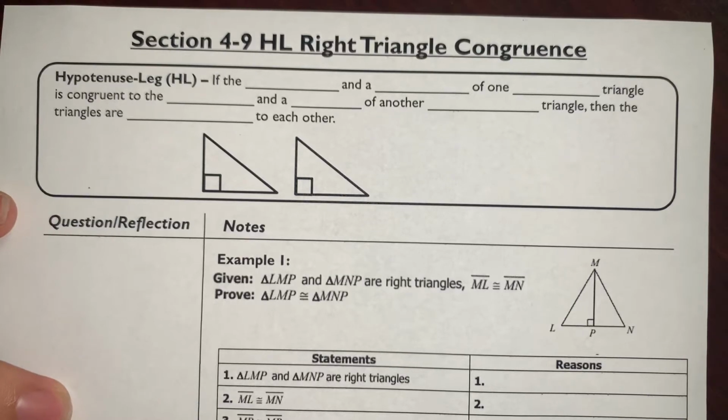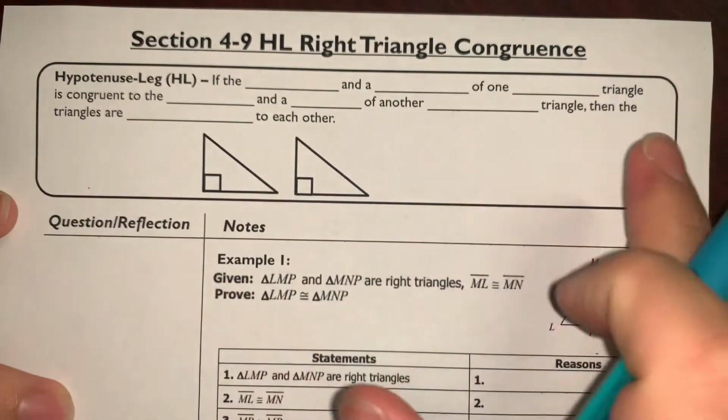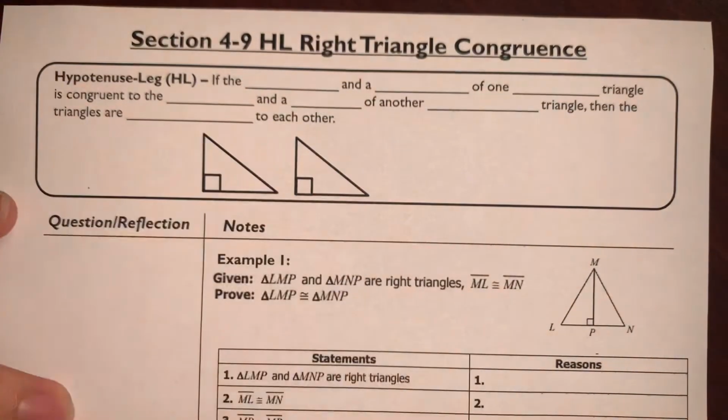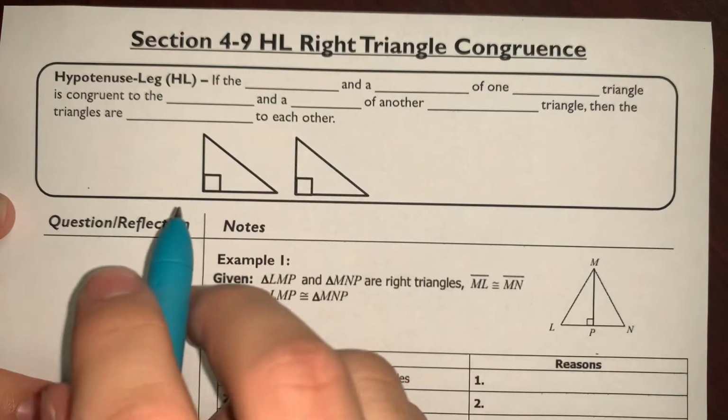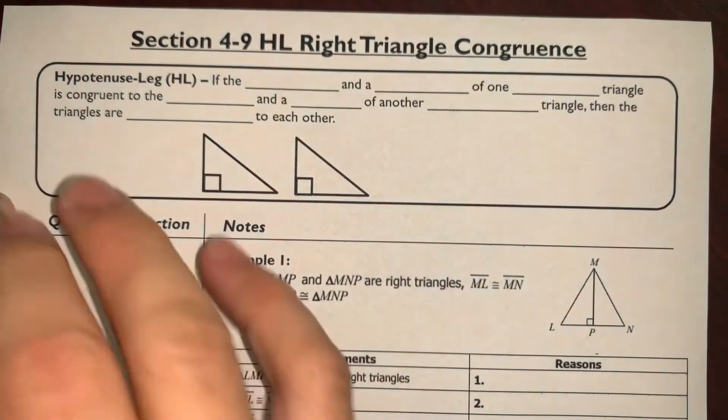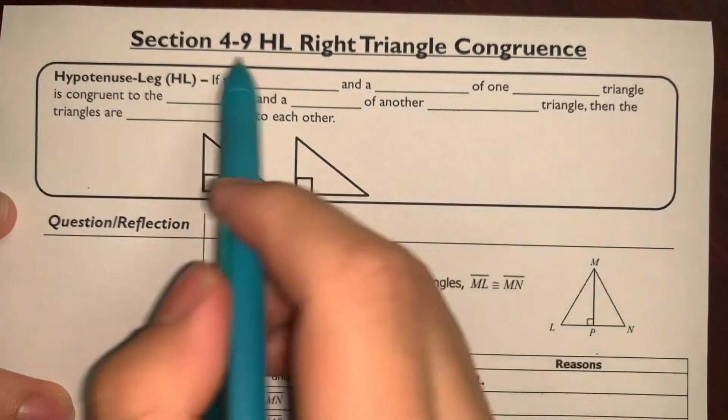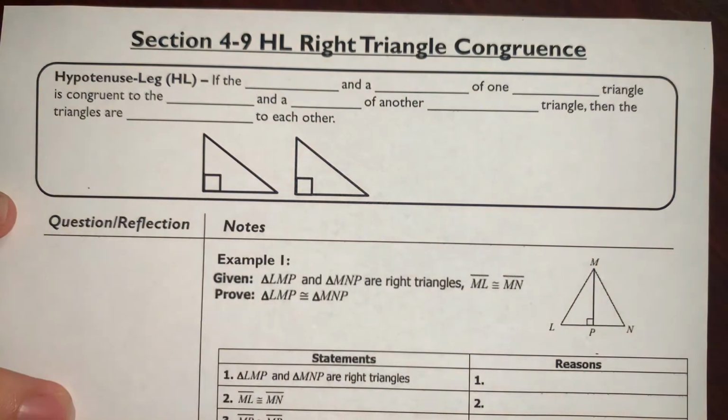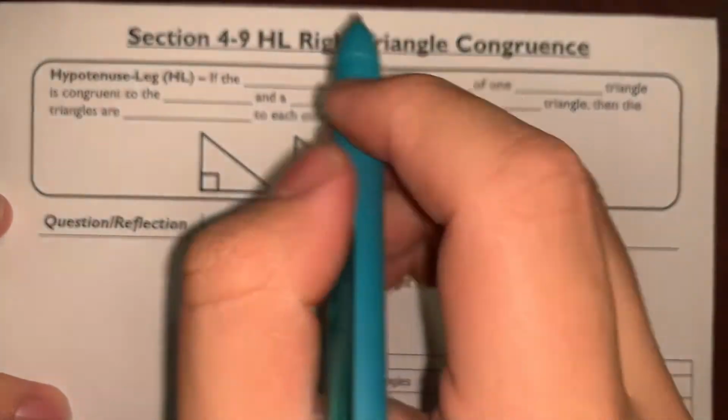All right, everyone, so we're going to get to our last and final congruency theorem to prove that two triangles are congruent. This is all about right triangles, and hopefully we're all pretty comfortable with right triangles. I know most of my students always enjoy doing the Pythagorean theorem and understand what a hypotenuse and a right angle is. So, in order to prove that two triangles are congruent using HL, you have to understand that if the